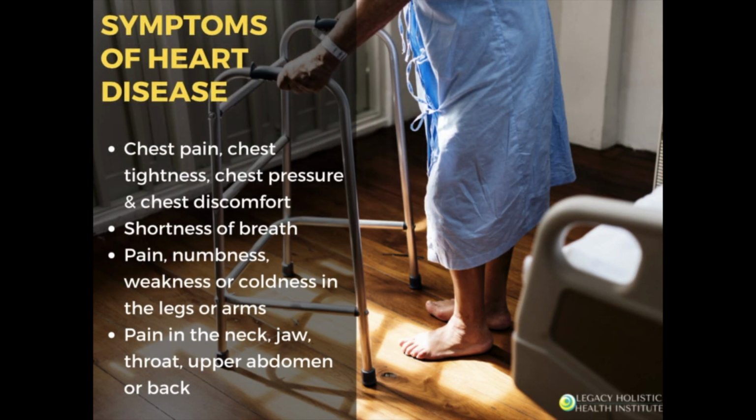Now that we understand some of the disease processes under the umbrella of cardiovascular disease, let's take a look at some of the symptoms. Be sure to refer to your notes to learn more about things like congenital heart disease, valvular heart disease, carditis, aortic aneurysms, peripheral artery disease, thromboembolic disease, and venous thrombosis.